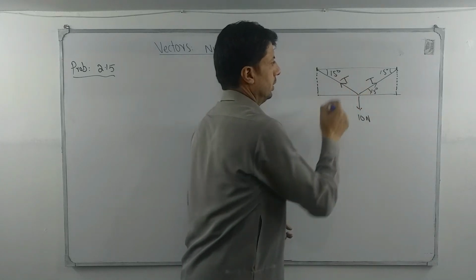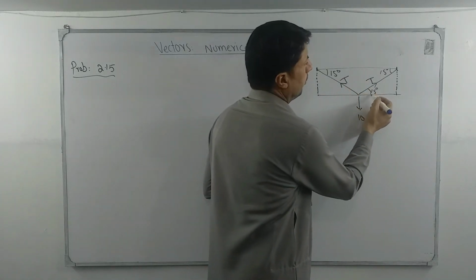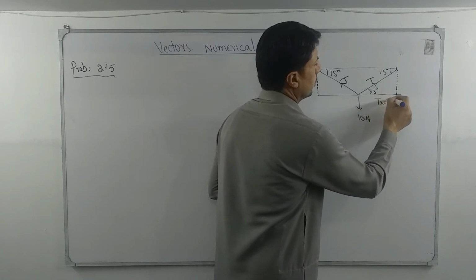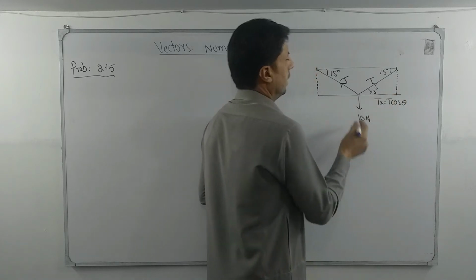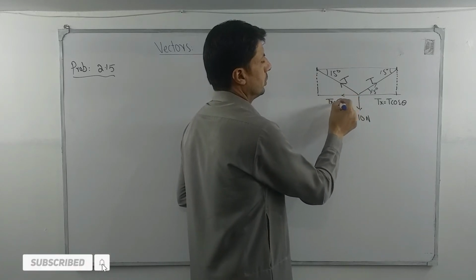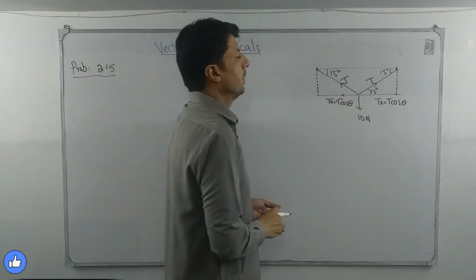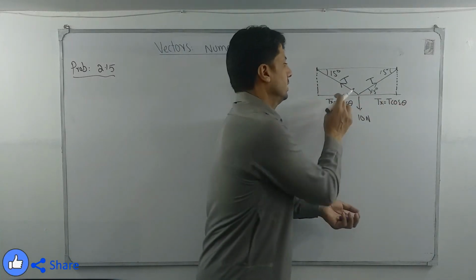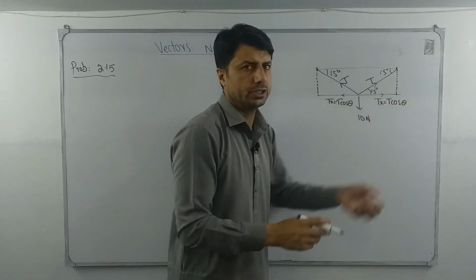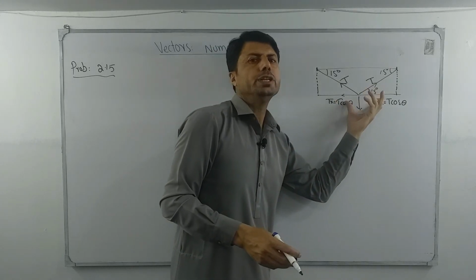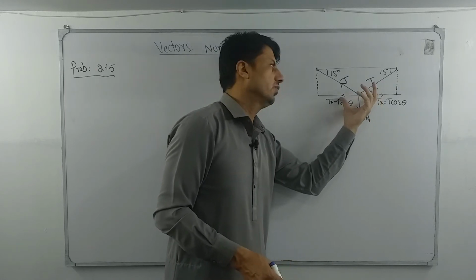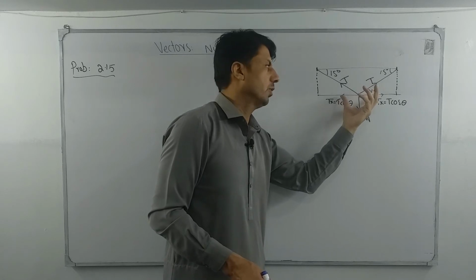It is also a T here. Now this component, which is the horizontal component, will be Tx. Tx is equal to T cos theta. Here at the same time, there will be a Tx which is equal to T cos theta. Both components are the same, and this Tx is acting in this direction. Both are the same in magnitude and in opposite directions. Therefore, they will cancel each other out, and finally we get a resultant of zero from these two.